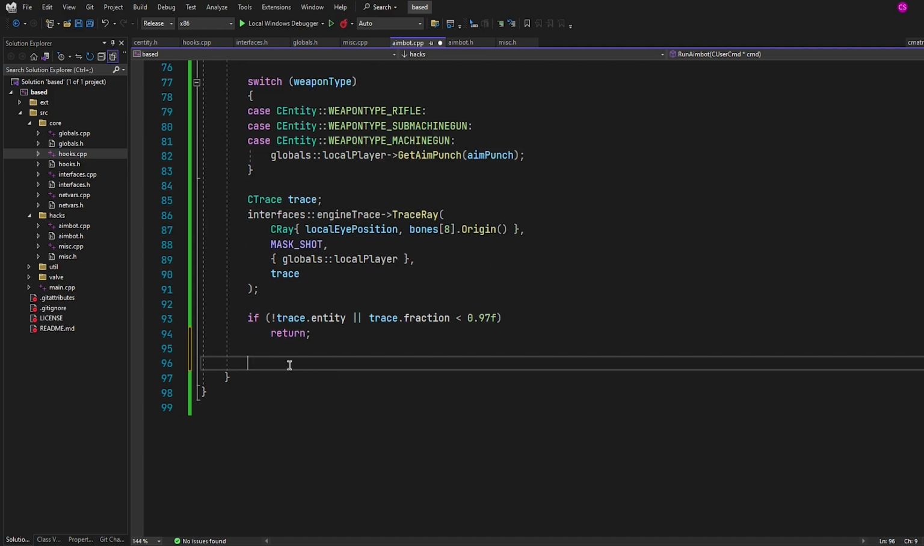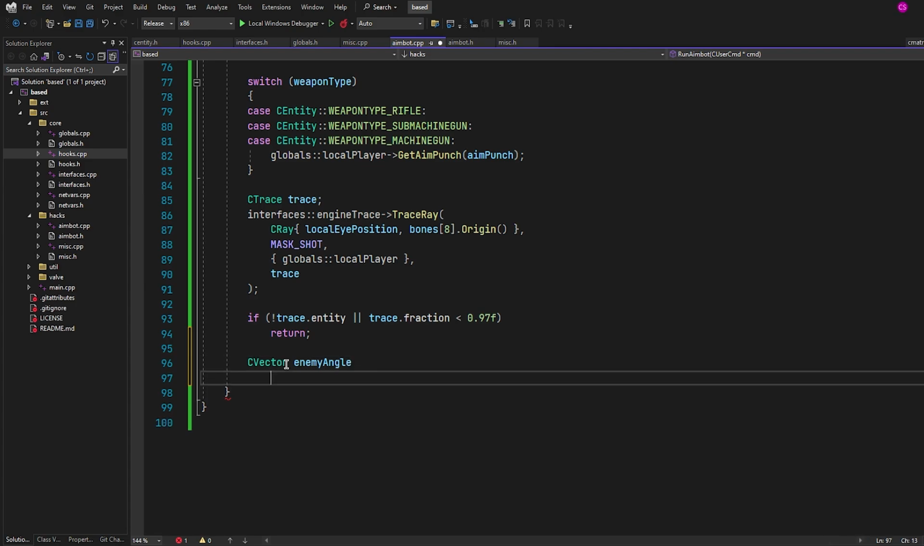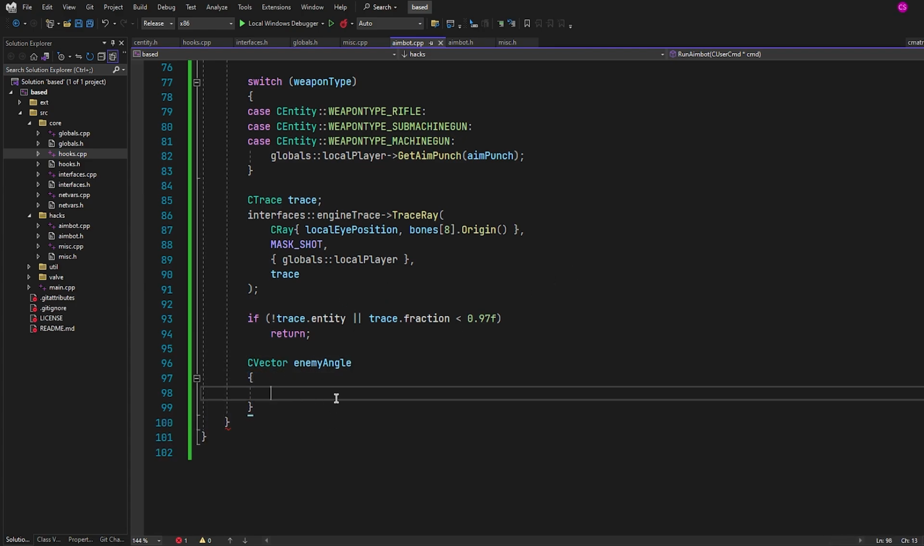So the next thing we're going to do is our aimbot angle calculation, right? We're going to create a CVector and call this enemy angle. We're going to initialize this vector like so. This might get a little bit confusing. First of all, we're going to make some brackets here and say bones[8].origin, right? So this is the enemy head